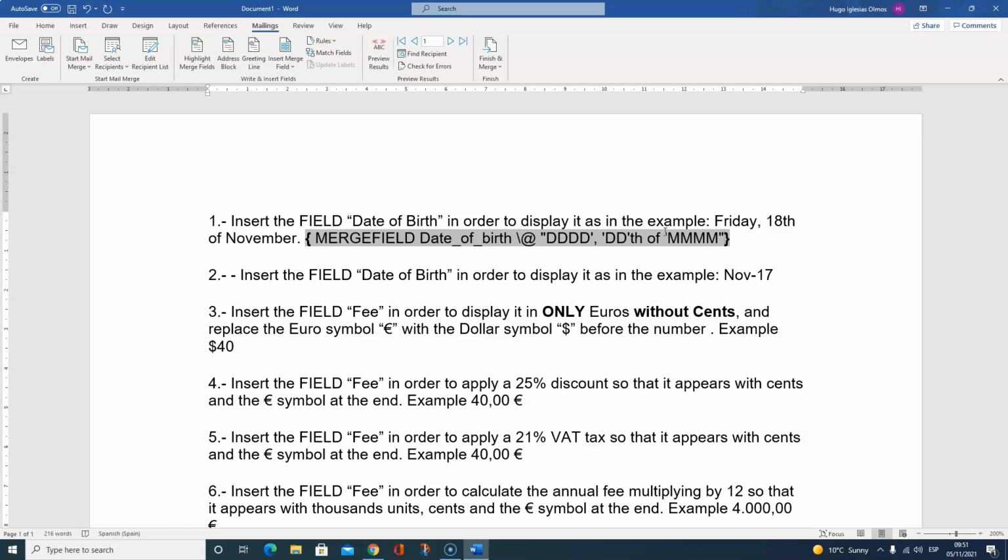And let's close the quotations. Now we can use Alt F9 and show results. Well, as I said in the previous video,